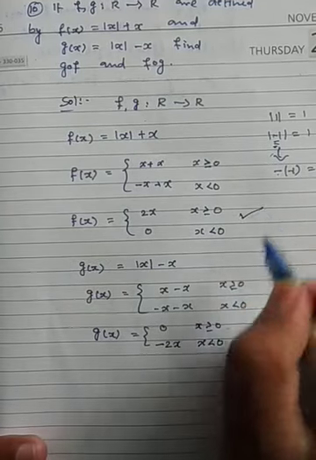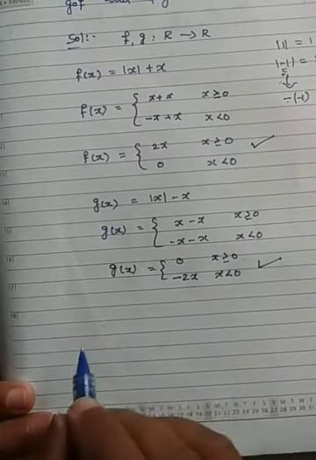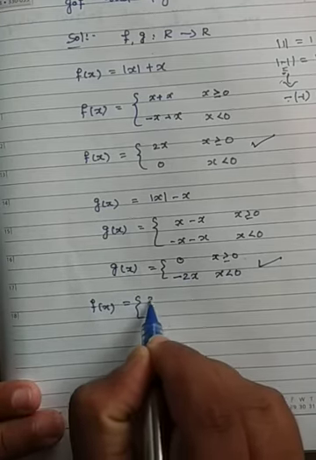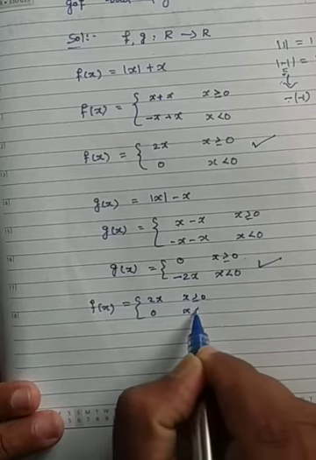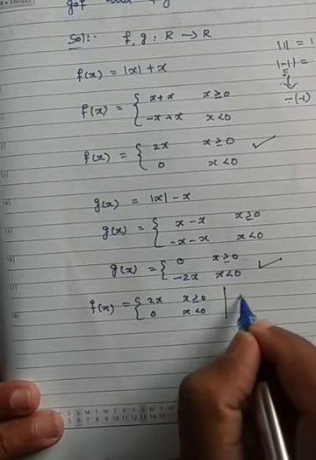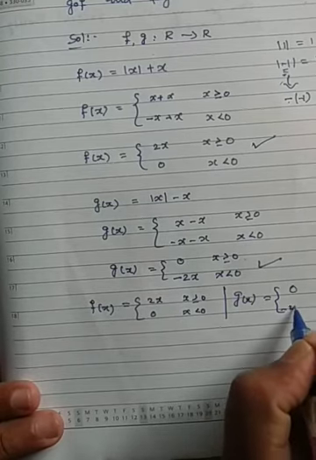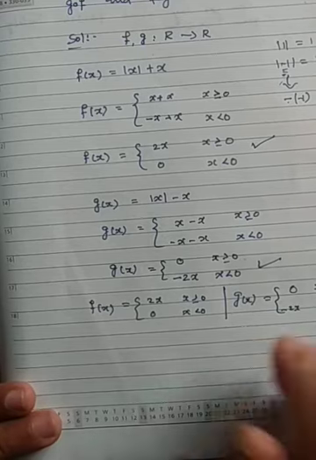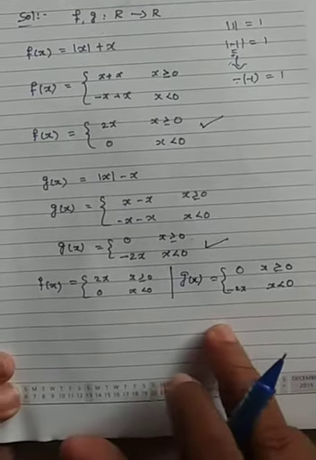So we got f and we got g of x function. Now I am writing both here, adjacent. f of x is 2x or 0: 2x if x is greater than or equal to 0, 0 if x is less than 0. This is g, the opposite of f: 0 if x is greater than or equal to 0, minus 2x if x is less than 0. That is the thing, the cases are here. I have written both the functions adjacent.